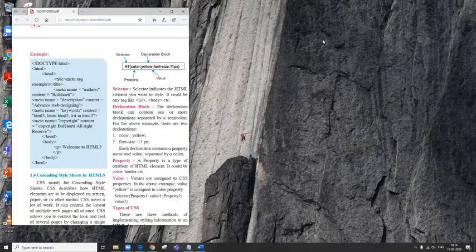We'll be starting with the next topic of the same chapter, that is cascading style sheets in HTML5. This is a page from your textbook, children, cascading style sheets. Now from the name itself we come to know that we are styling the sheets. The documents have to be styled. Cascading, what do you mean by the word cascading?